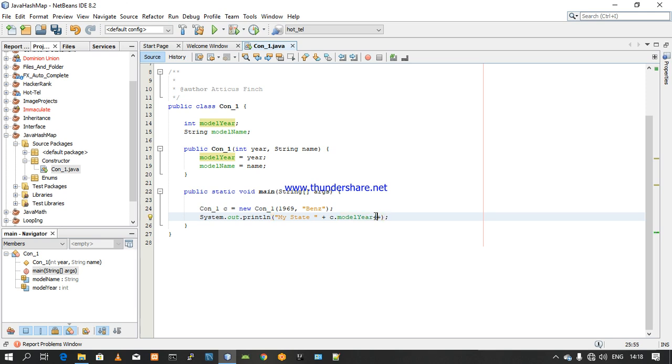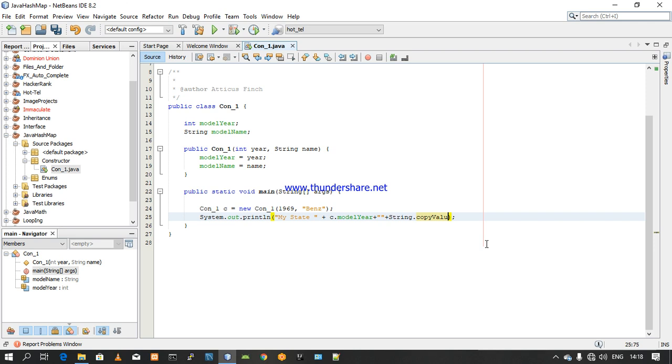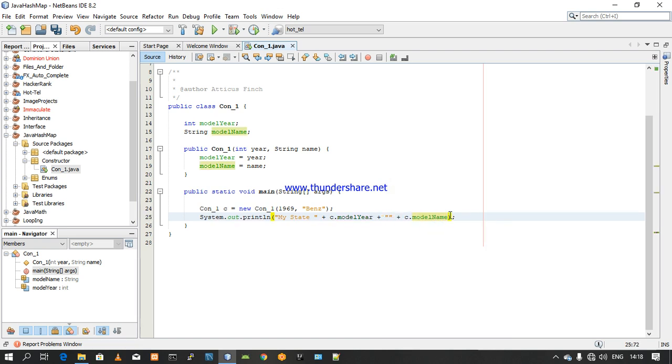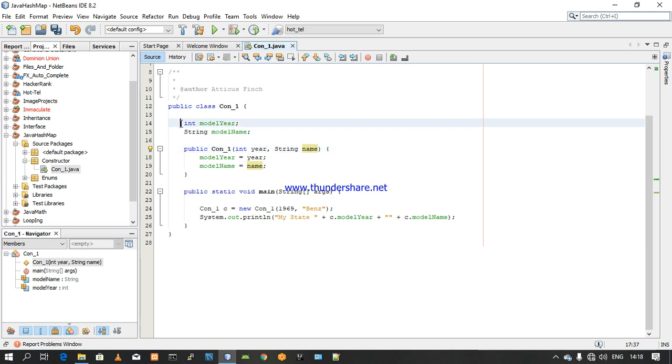And then we say let's see that the model name from this. See that model name. Simple like that. So we just created a constructor over here, accepting two parameters, one of type int, the other of type string. Then we just created class attribute variables over here. Then we are assigning it to